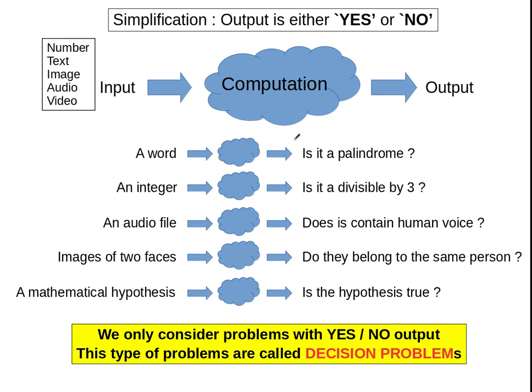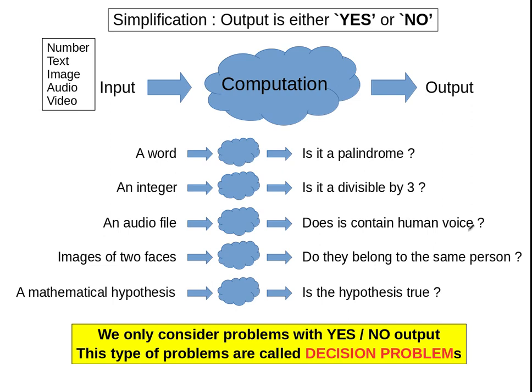To make some examples, say you are given a word. By a word we can formalize that as a string over some alphabet. We may ask whether this word is a palindrome or not. Palindromes are words that read the same whether you read them forward or backward, like say madam, M-A-D-A-M. So given a string, decide whether it's a palindrome or not. Or given an integer, decide whether it's divisible by 3. The answer is yes or no. Similarly you can have all sorts of inputs and a yes or no answer for that, right?